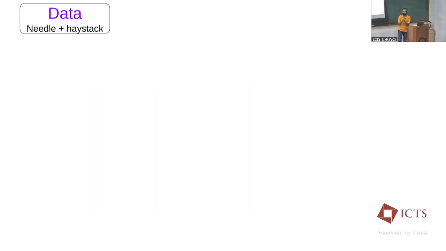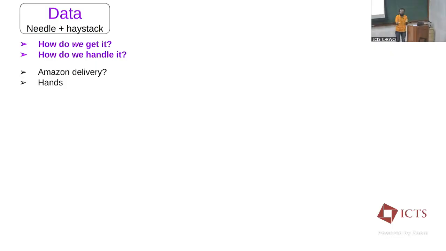So first thing you need is data. I mean, LIGO has collected it, but how do we get data? That's the first thing. How do we ourselves get the data so that we can start working on it? And also, how do we handle it? In the case of the haystack and needle, maybe you could have an Amazon delivery. I don't know how you get it. Maybe go to a farm. And the way we handle it there is through our hands. So in the tutorials, we will teach you how to download the data, either programmatically. Ritesh has already showed you the websites where you can go click, click, click. It will give you a link. You click download and it will come to your computer. But there are also programmatic ways of doing it, which is what we will do in the first tutes after this is done.